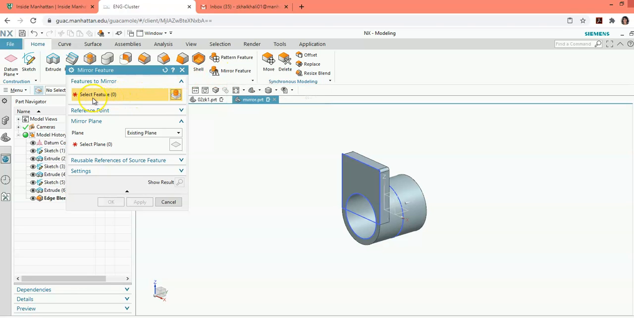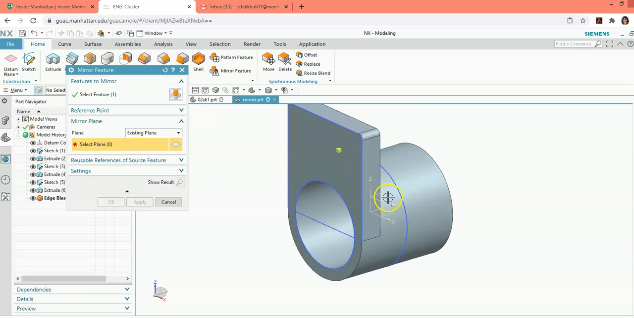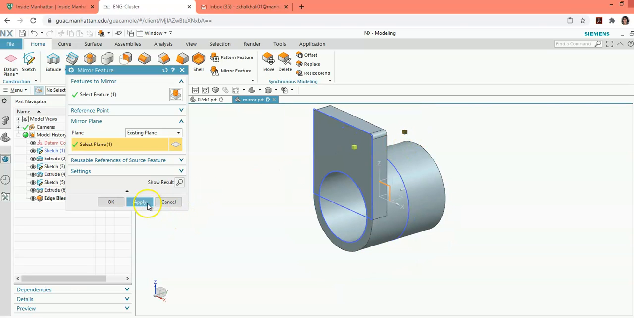In the dialog box, first it is asking for the feature, so I want the whole rectangle to be mirrored, so I would select the whole rectangle. For the plane, once the select plane command is active, I would move my cursor over this coordinate system until the DXC plane is selected. Click on that, and here you can see a preview of your feature. After you click apply,